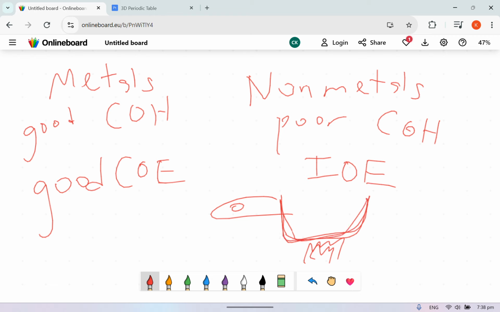Will the pot be made of metal or not? Yes, this pot will be made of metal. Why? Because it's trying to conduct heat. That means it can absorb the heat faster from the flame and heat the food up. You can cook faster. But how about this handle?